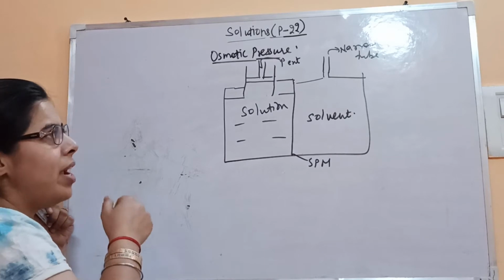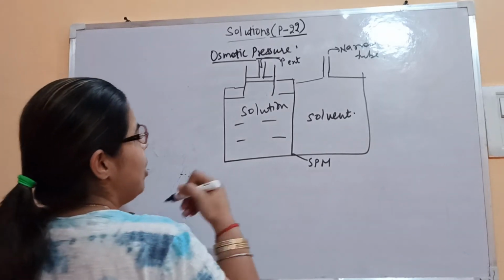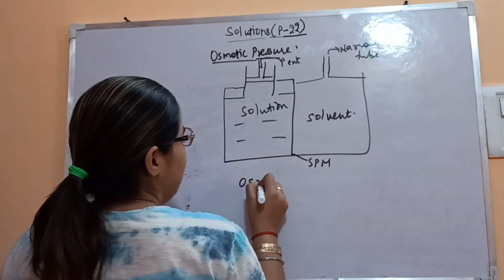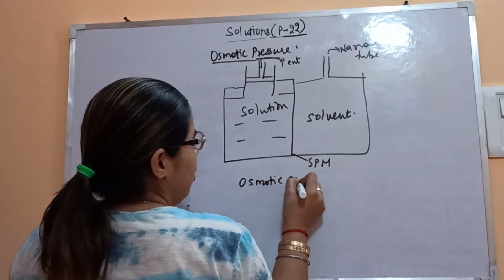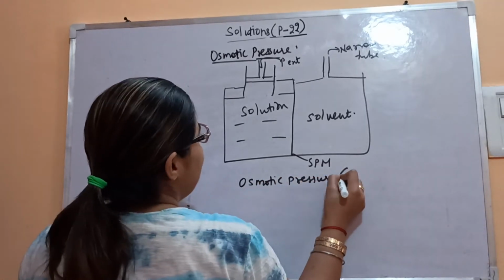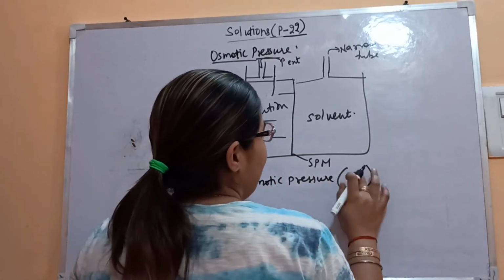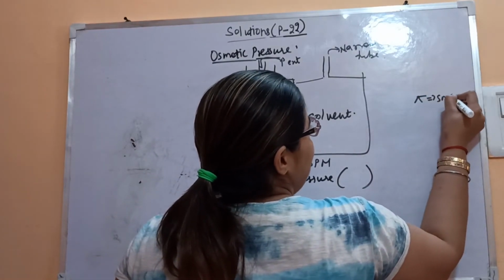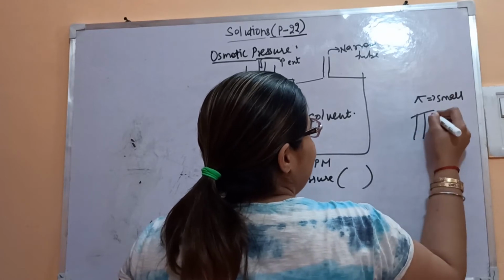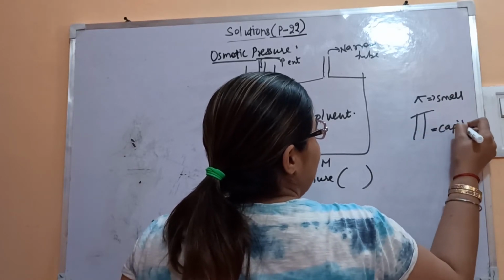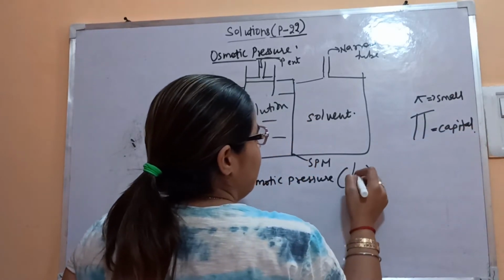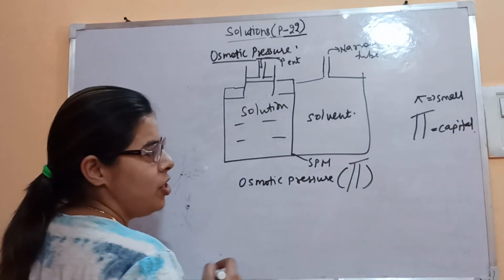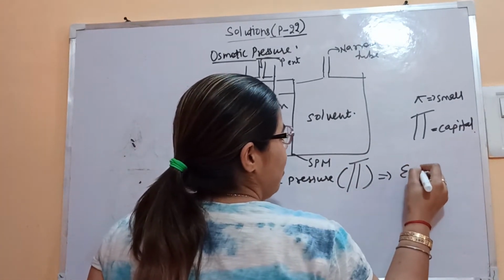So how will we define it? Osmotic pressure is basically represented by capital pi. One is small pi like this, and one is capital, like this. So this capital pi is your osmotic pressure, is defined as the external pressure